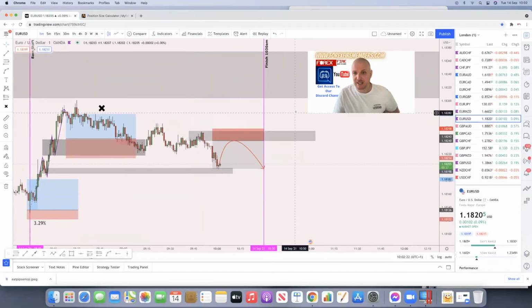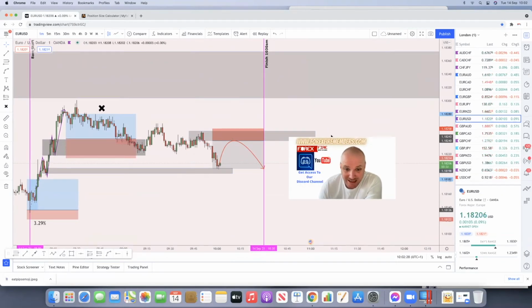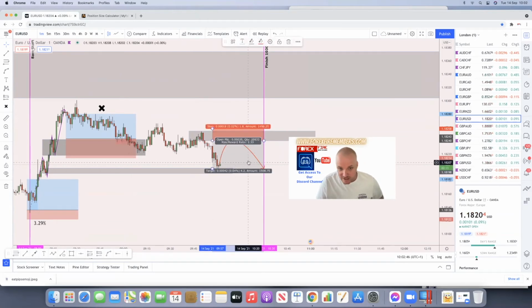We are now getting that pullback. I'm going to pause the video, guys, and what we'll do is instead of 15 minutes time, we'll come back at half an hour with a conclusion on how today has gone. But so far we'll be on around about 2.29%, because if we risk 0.8% on here, we just take that away from that. If this heads the way I think it's going to do now, because the directional bias has changed a bit, we'll be looking at a 2.33. But we'll see what happens within the next half hour, guys.